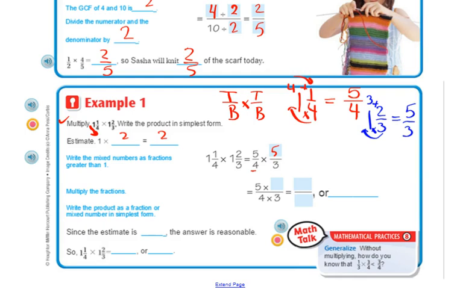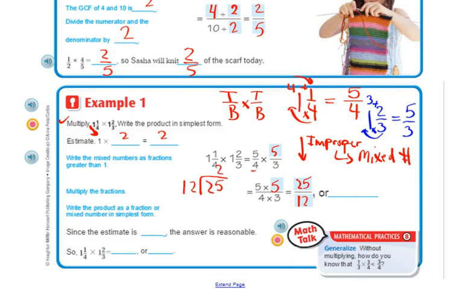Now we're going to multiply our numerators. So 5 times 5 gives me a 25. And 4 times 3 gives me a 12. And you'll notice here that we have our improper fraction. And if it's improper at the end, we want to change it into a mixed number, which would be considered the proper form. This is where we divide, and we do what we did the other day when we reviewed this skill. So looking to finalize my answer here, if we take 12 and divide it into 25,